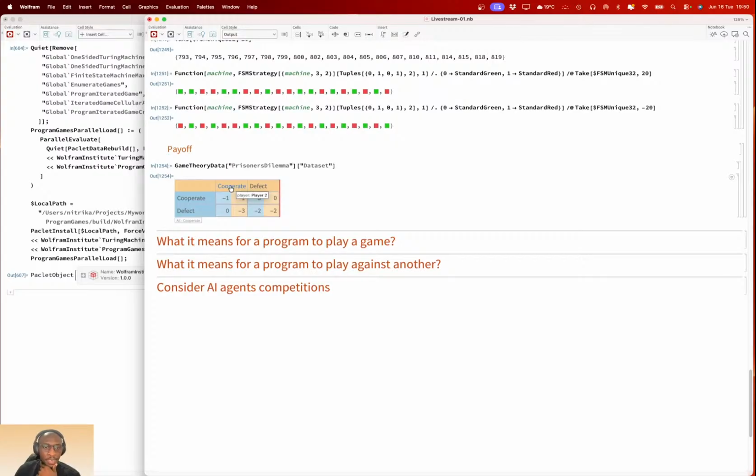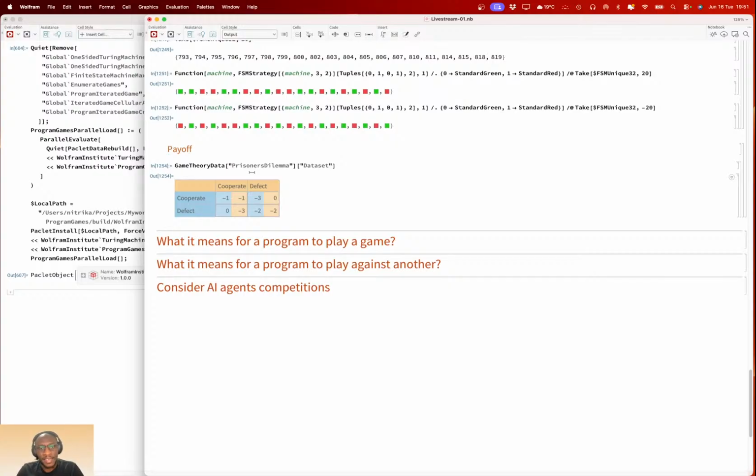And in this game, cooperate and defect are the common terms used to describe a strategy. So you are a player, and you've been told that cooperating is the best strategy, so you will cooperate.